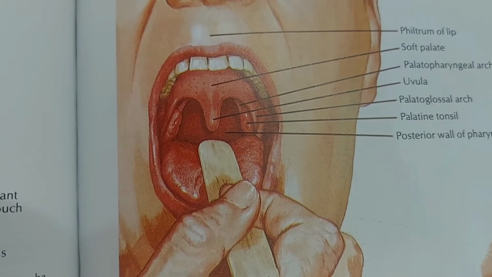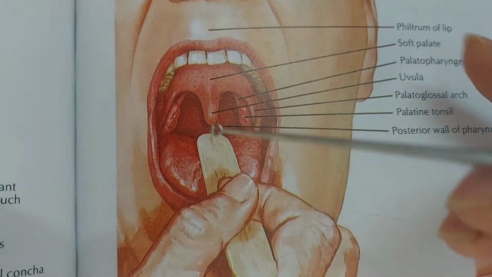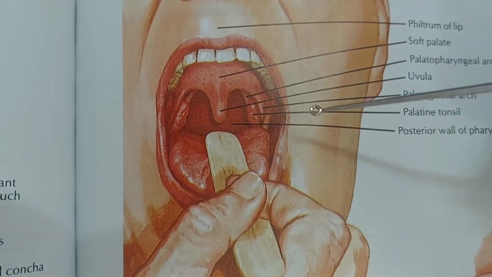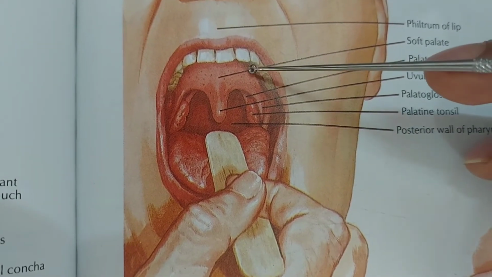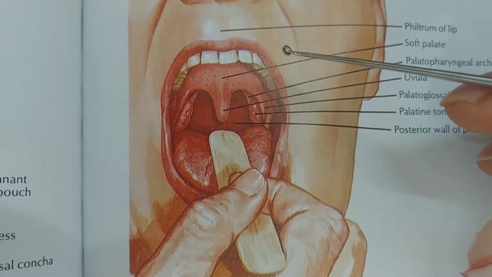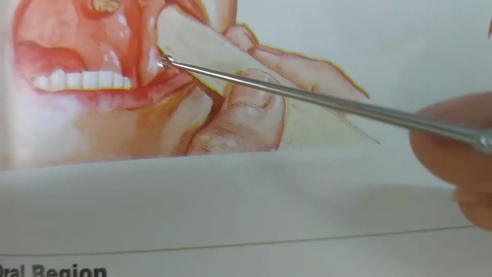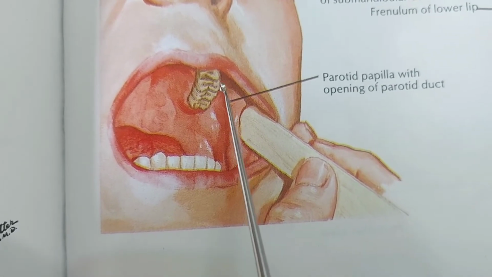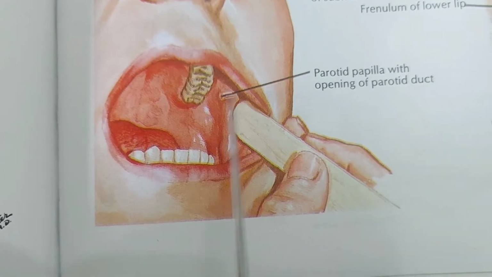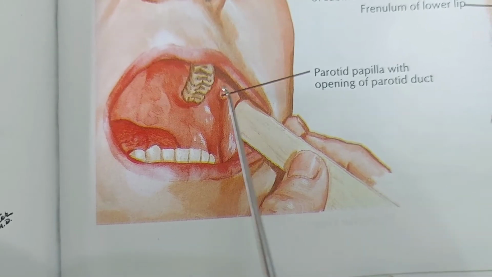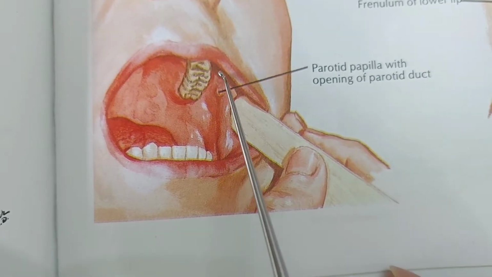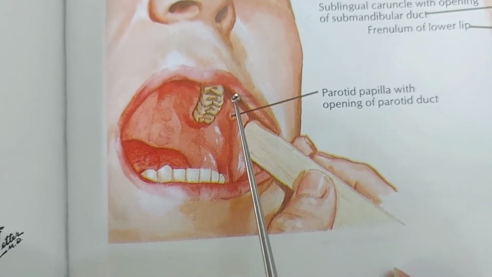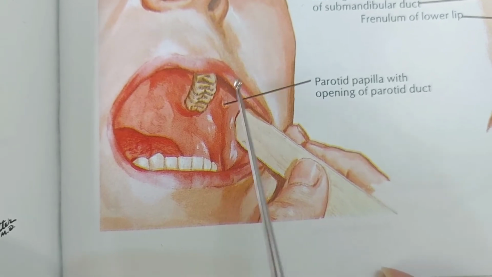The anatomy of the mouth and the tongue. In the mouth, we can see there is the opening of the mouth, and within the mouth, for the anatomical description, we can divide the mouth into two parts. Here we see very closely that there is an outer part that is outside of the teeth up to the cheek. This outer part, this cavity, is outside the main oral cavity. This outside part is known as the vestibule.